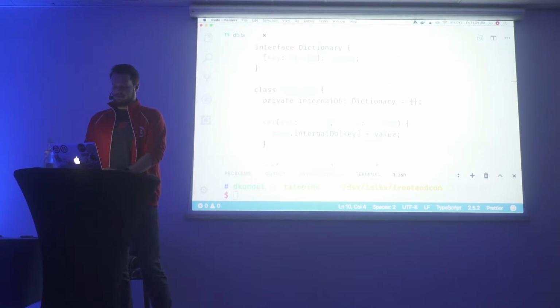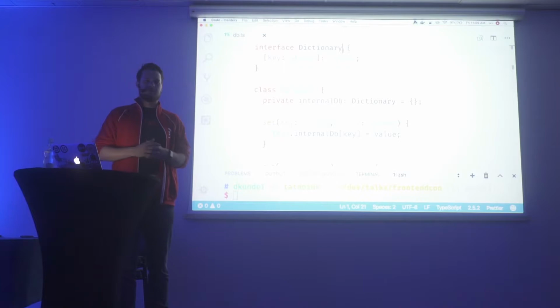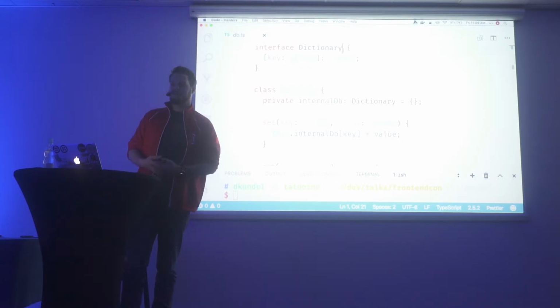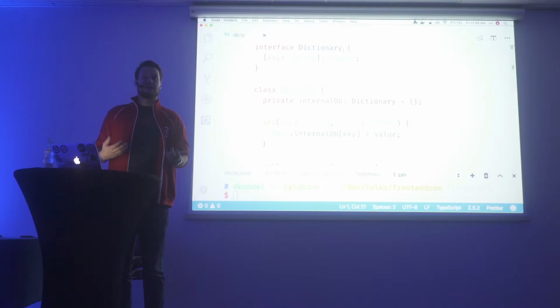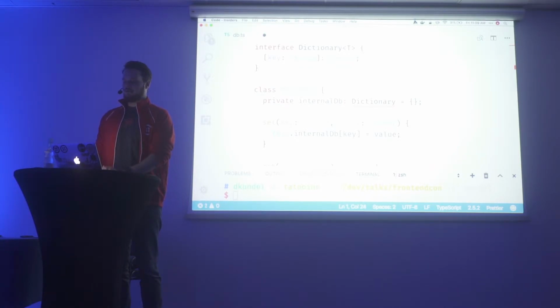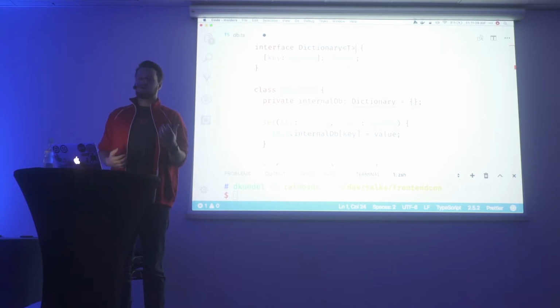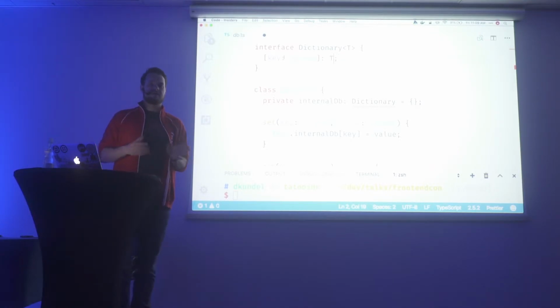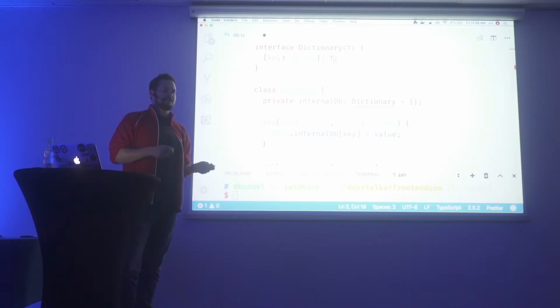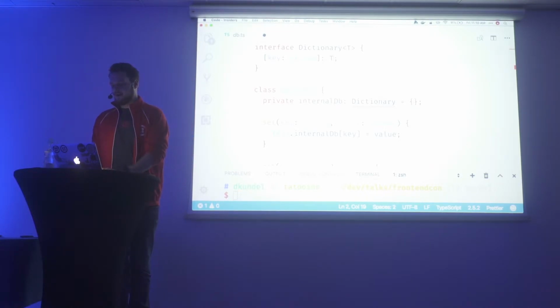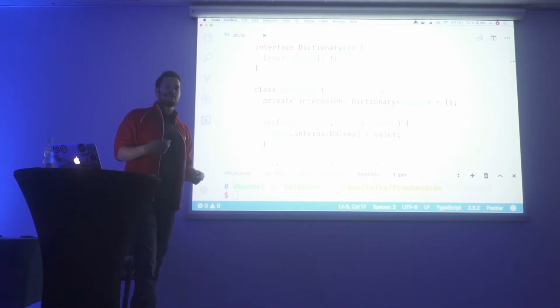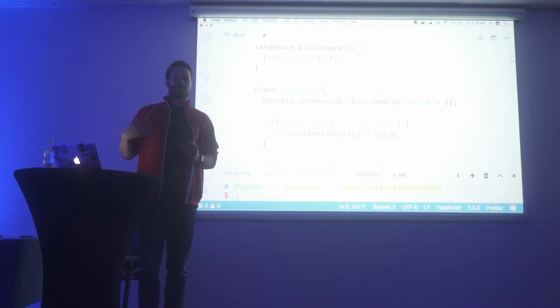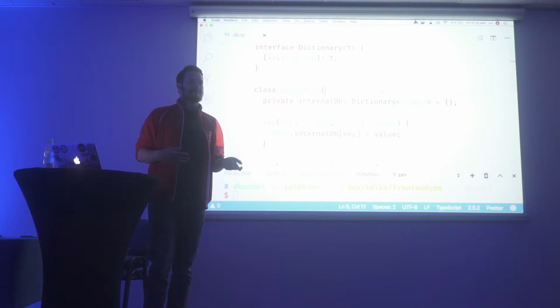Now, this is pretty much set in stone, right? We want to make this a bit more flexible, and this is where, in the world of types, generics come into place. So generics are fictional types where we say this dictionary has some fictional internal type T, and instead of storing keys that are strings to numbers, we really want to store strings to this fictional type T. And then we just need to specify here that we actually want to store numbers, and this works now, and we can reuse this dictionary interface across the code base